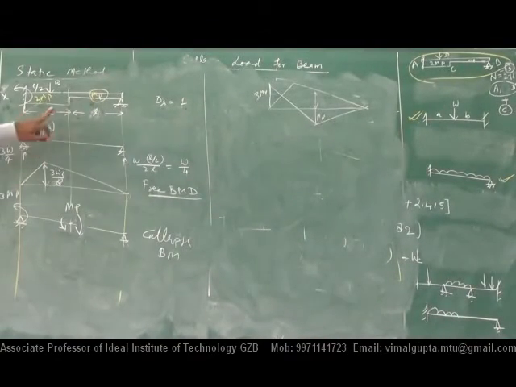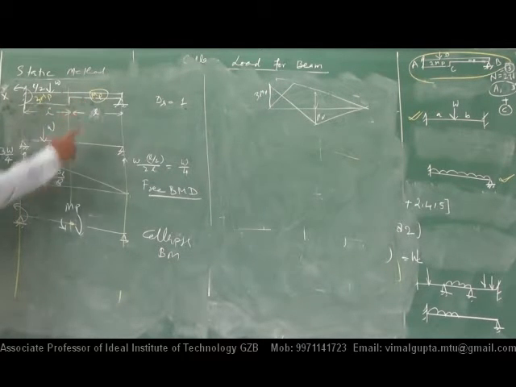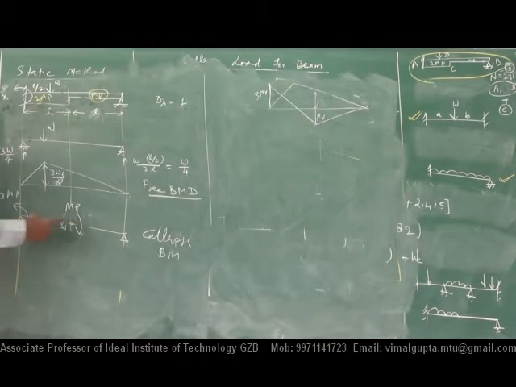Now this is the free BMD, no problem. Now, when we are plotting the redundant BMD, we are facing the problem because of change of the cross section. So consider the plastic hinge here also. I have told you that at the change of the cross section there is a possibility of plastic hinge. Because this is the end point, the direction will be in this direction, and in between the direction is opposite.